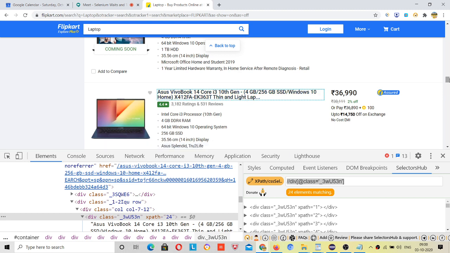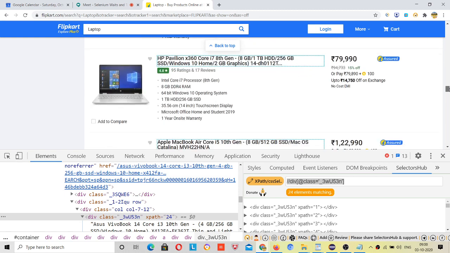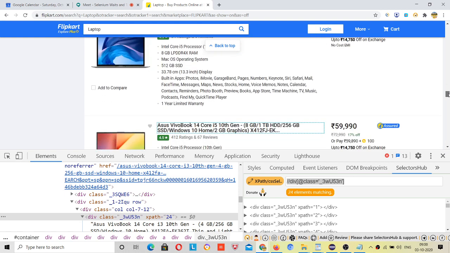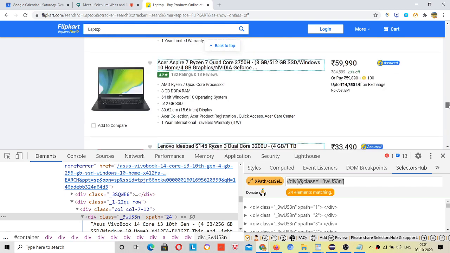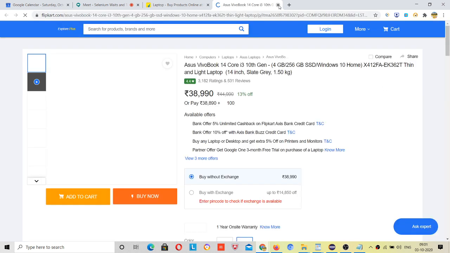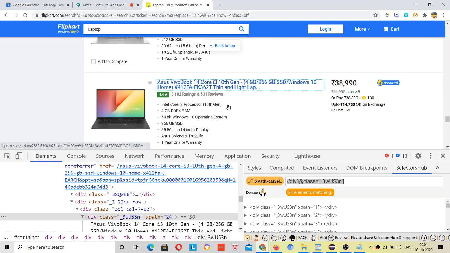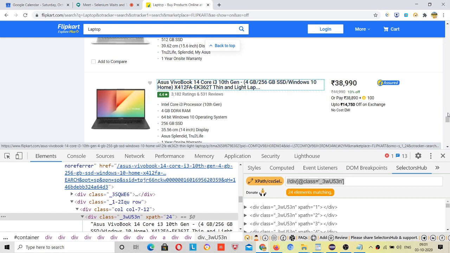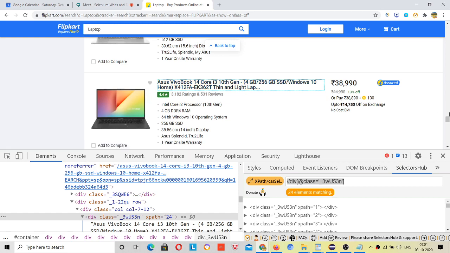That's why we are scrolling down and checking that only these values are highlighted and no value is left. Otherwise I have to find a different locator which will highlight something else, right? So now you can see I have verified that nothing else is highlighted and all the values are highlighted, right?